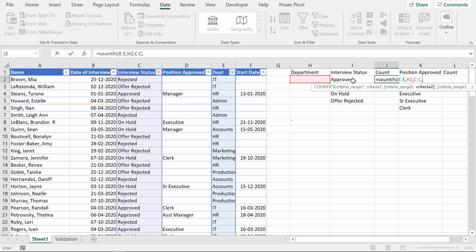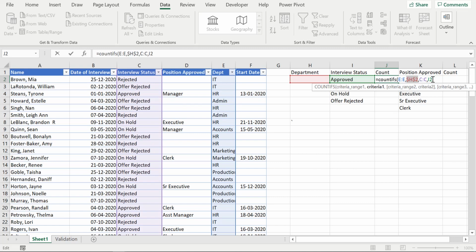Criteria 2 is going to be this particular selection or this particular status. Okay, now in this formula I am going to make this value absolute. That means even if I go down or if I copy the formula downwards, the value H2 is going to remain constant.